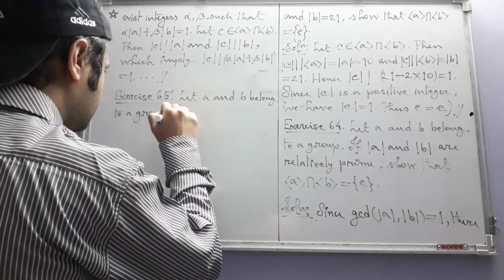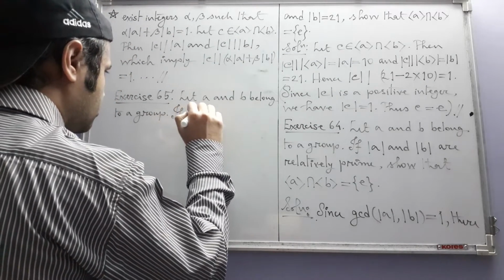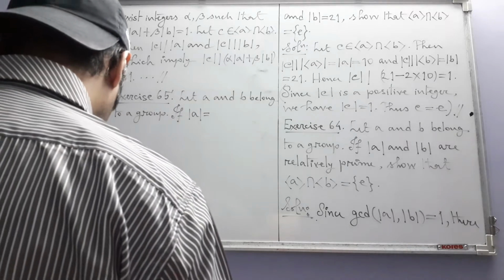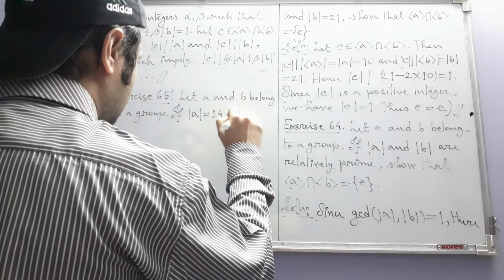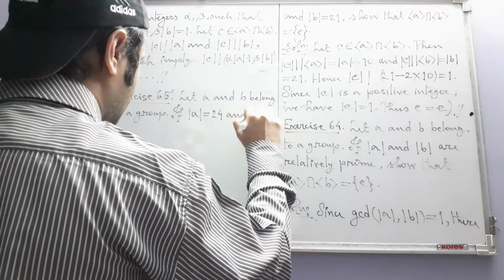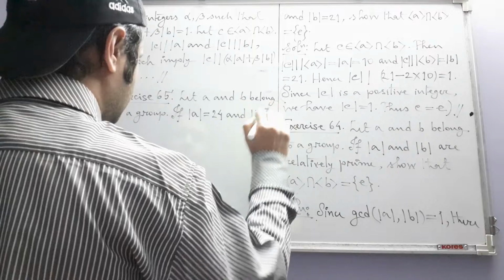If the order of A is equal to 24 and the order of B is equal to 10,